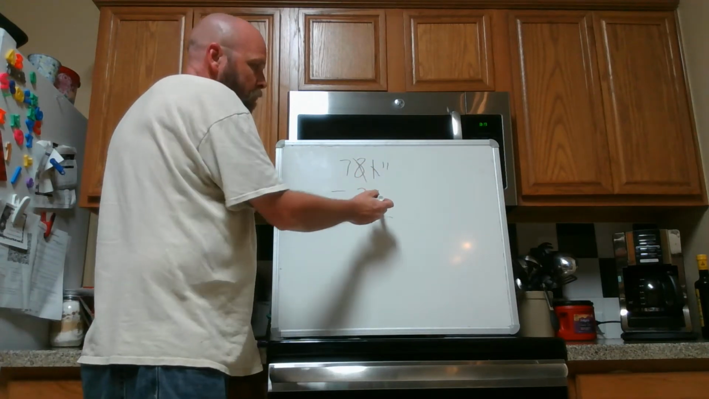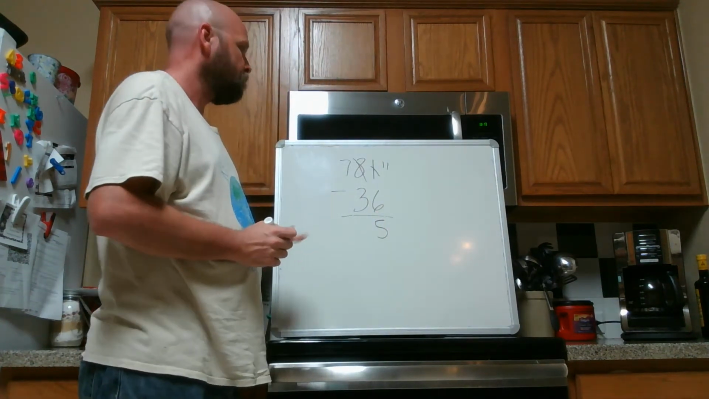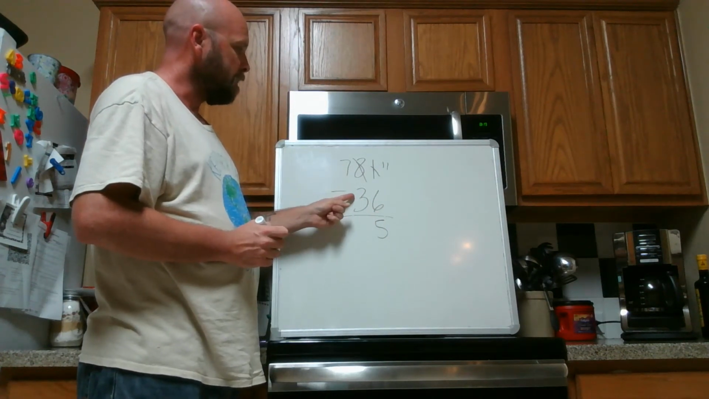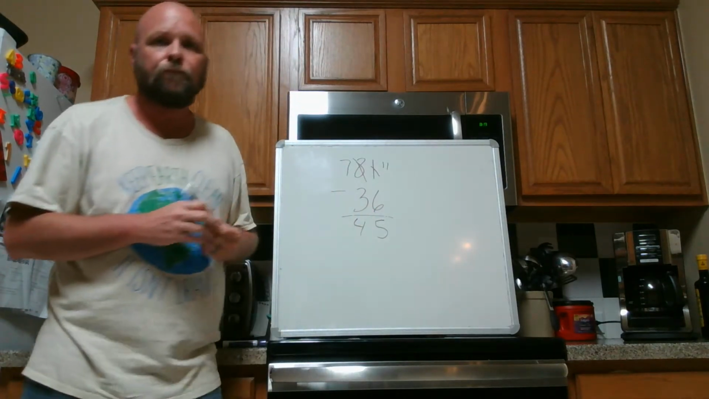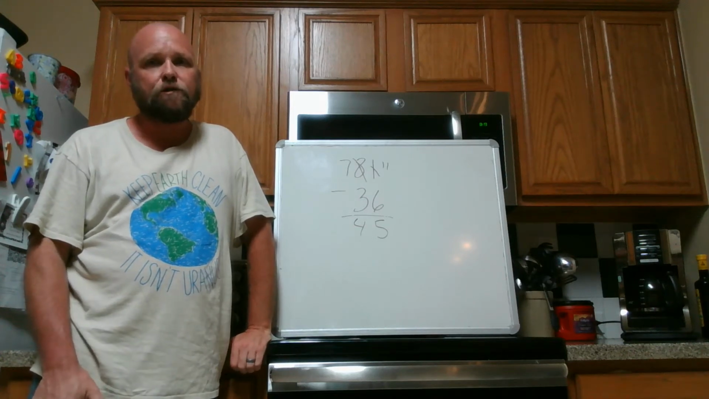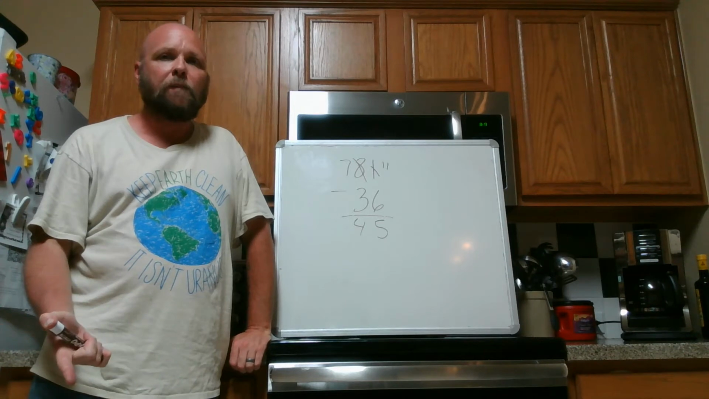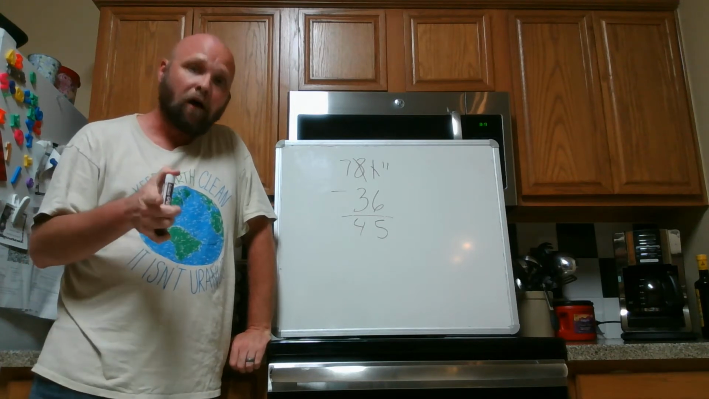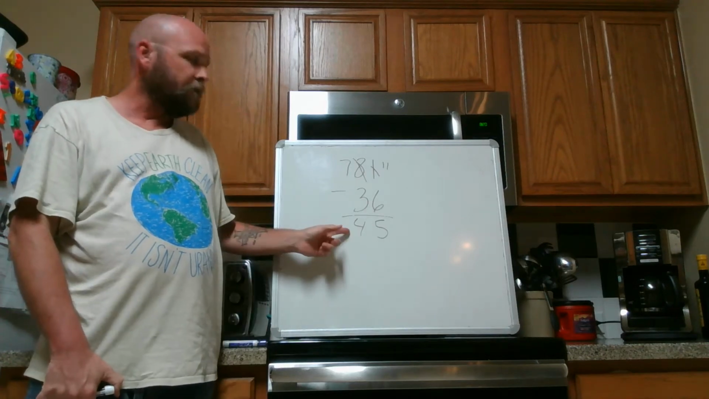So now I have 11 ones minus 6 ones is 5 ones. 7 tens minus 3 tens is 4 tens. Now obviously you know that addition and subtraction are inverse operations, which means the opposite operation. So if we want to go back and check, which we always want to do to make sure we're right, we're going to take our difference,